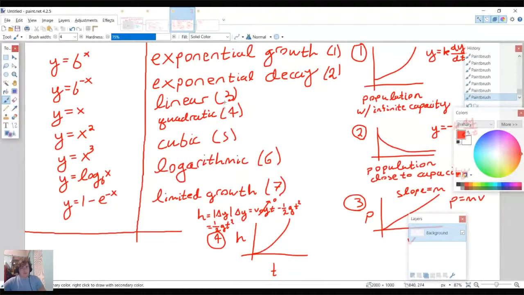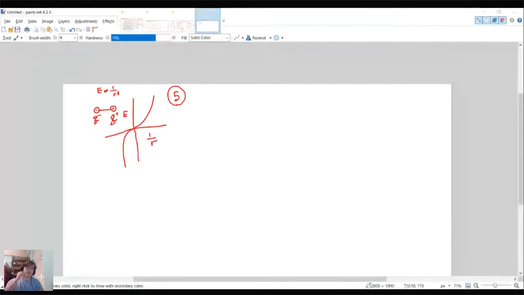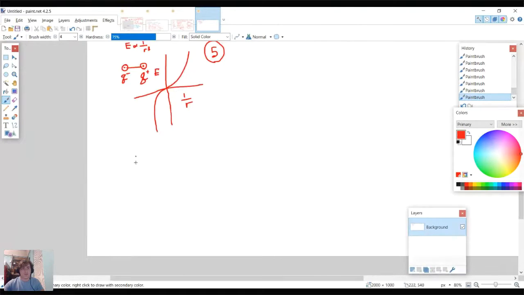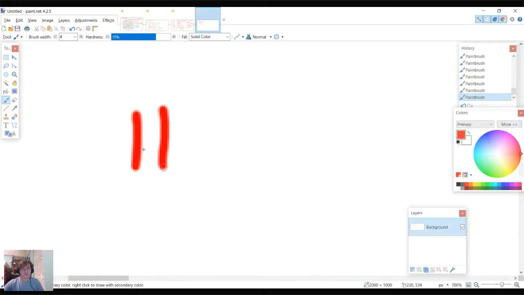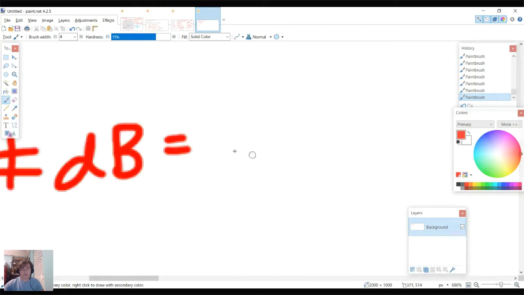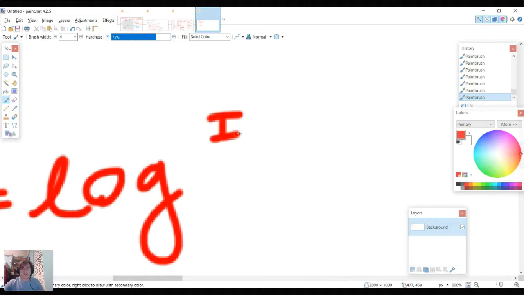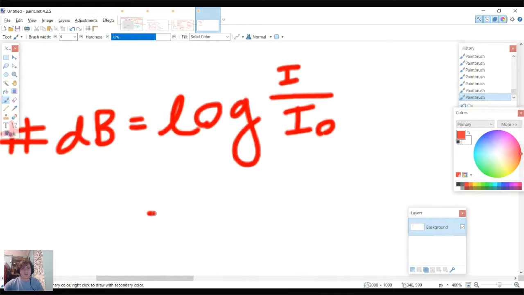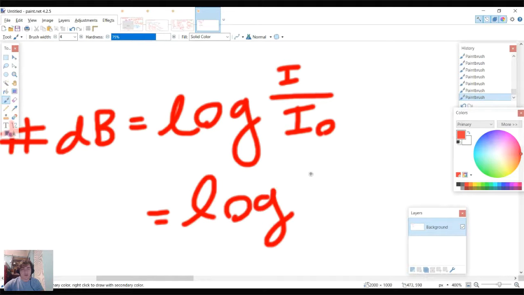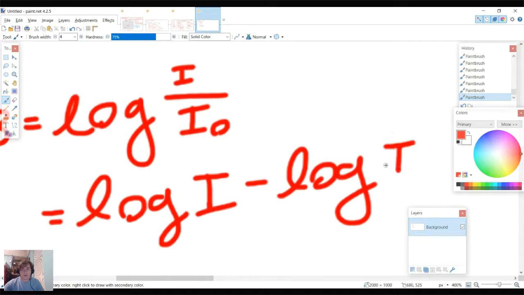So that's number 5. Number 6 would be a logarithm. The example for this is decibels, like how loud something is. Decibel is actually a logarithmic scale. So the amount of decibels is actually equal to the logarithm, log base 10, of the intensity divided by some reference intensity. And if you know log rules, this would be log I minus log of I0,